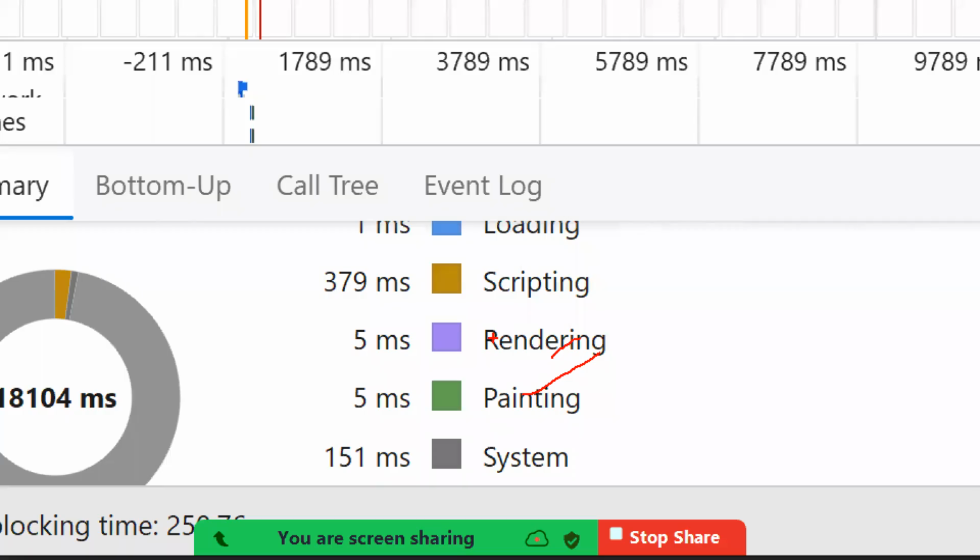That means it is taking more time in scripting. And he knows what happens in that scripting phase, and he will try to reduce the burden in that phase. Right? So technically a developer should know various phases of a